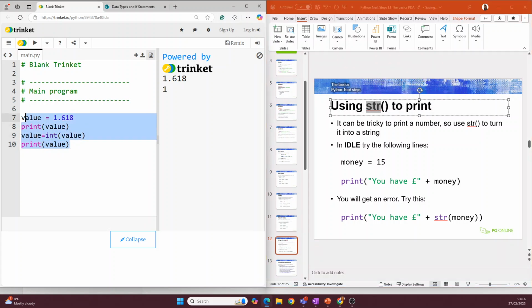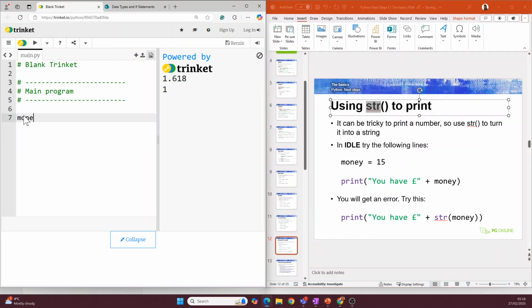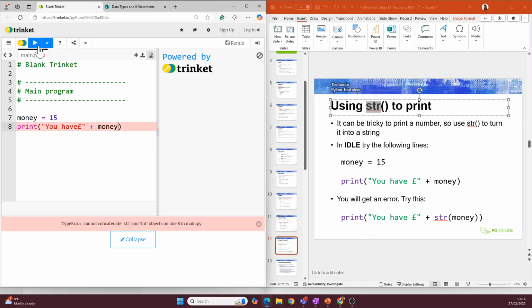So let me just change my variables now. We have money equals 15. We have print, you have, plus money. Let's see what happens. So we get an error, and that says you cannot concatenate str and int objects together. So where it says line 8, it's referring to this bit here, which is highlighted. So you can't join different data